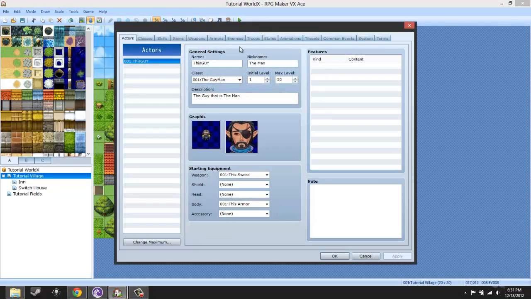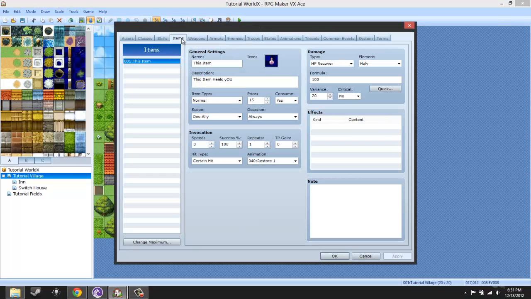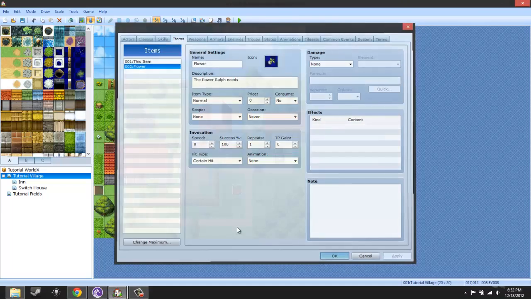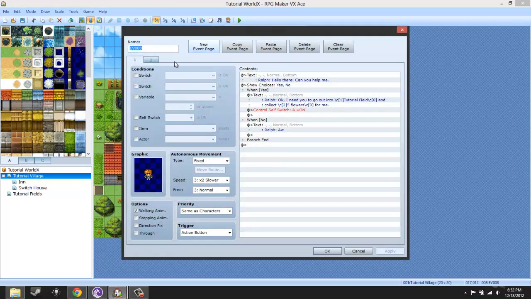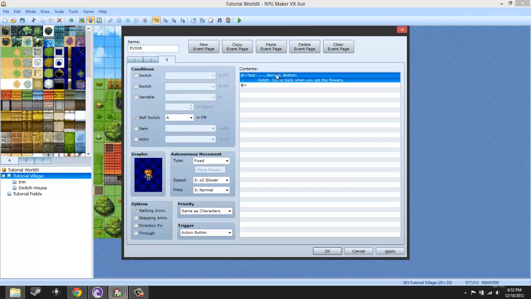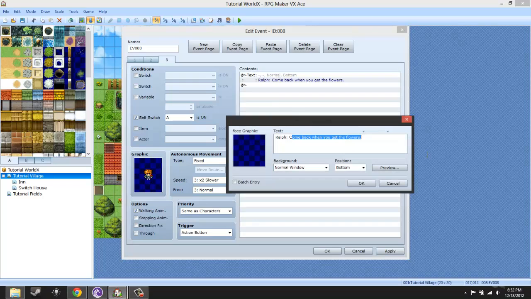So go to database. I'm just showing you guys an example of how to use variables. Alright, so basically we have our flowers. So let's say we didn't know how to use switches. And copy, paste. This is going to be the page that he